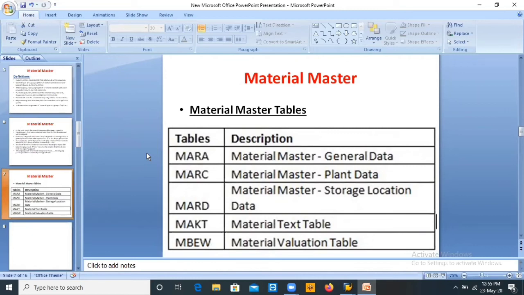If you have any work for ABAP, we send it like this: MARA table, MARC table, MARD table. You have to learn these by heart. They will ask what the tables in the material master are. MARA comes under general data, MARC is the plant data, and MARD is the storage location. You can tell like that, these four things.